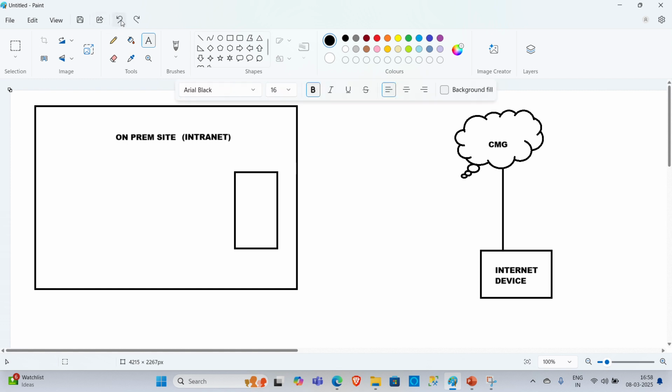Okay, so let me revert a few things in this Paint window. Okay, so this is my internet device. This is my on-prem site, which is present on my company's local network, intranet. In other words, this is my cloud management gateway, which is on Azure, obviously. Now,